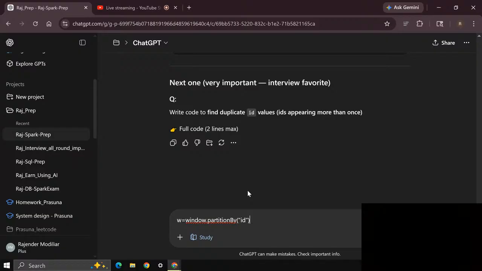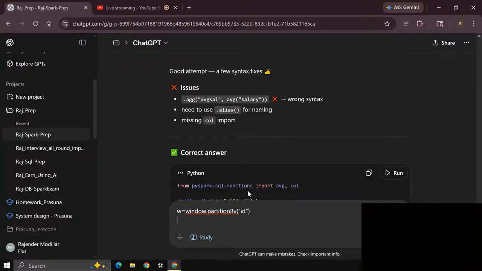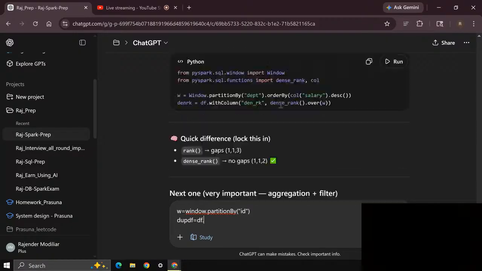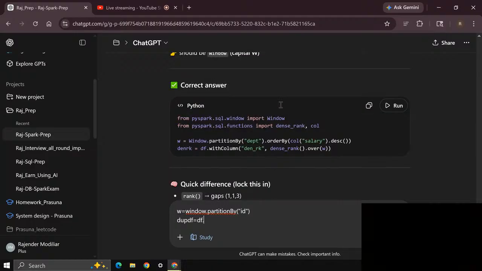df equals df dot, again I'm forgetting, df dot withColumn.